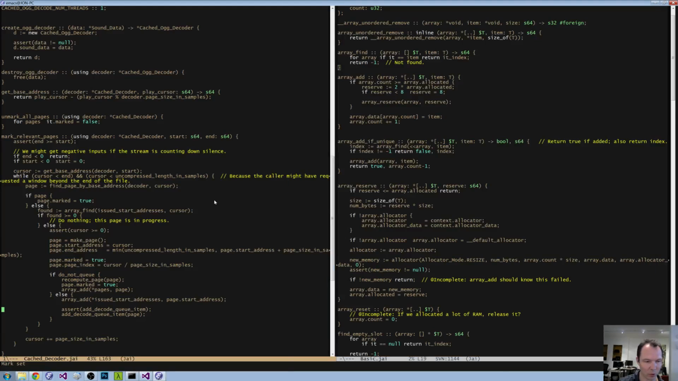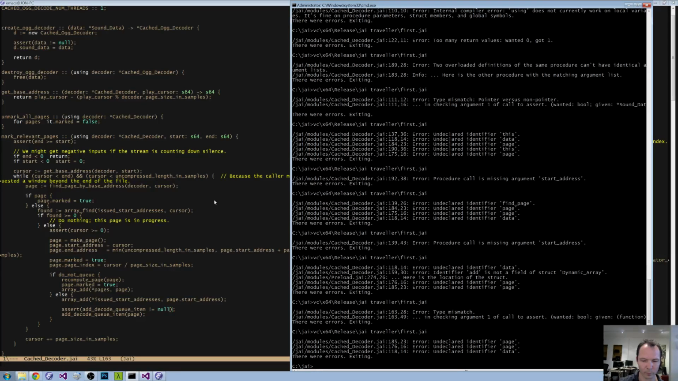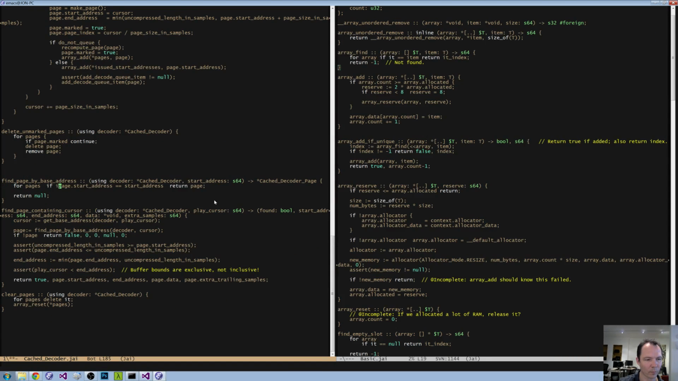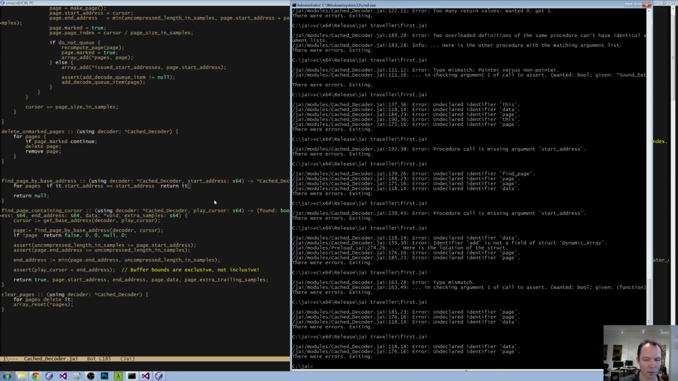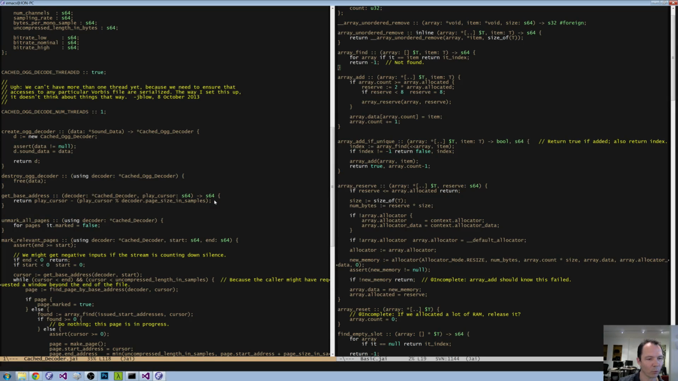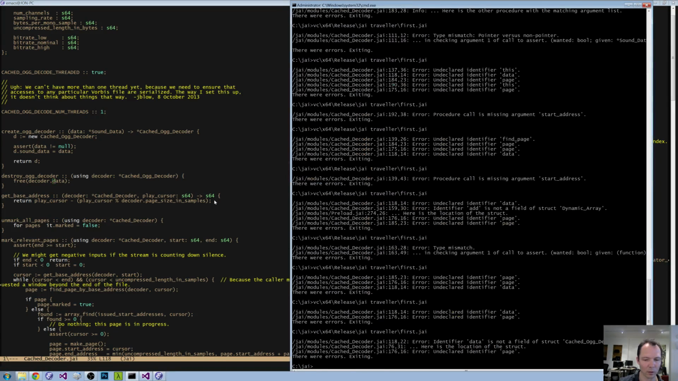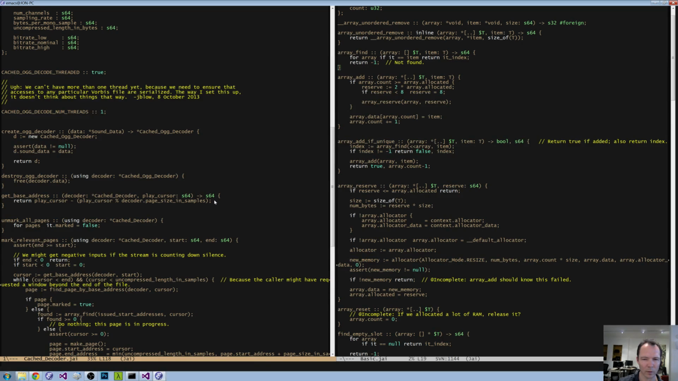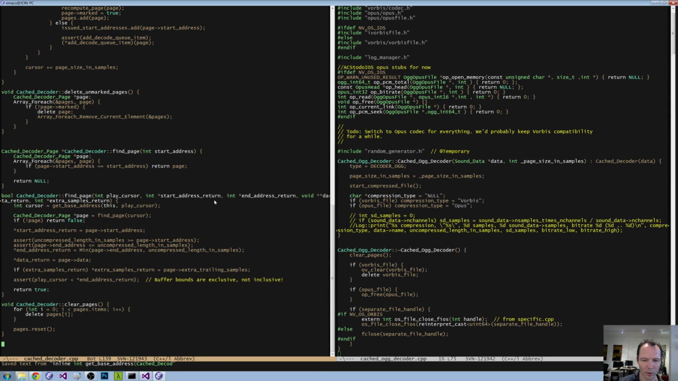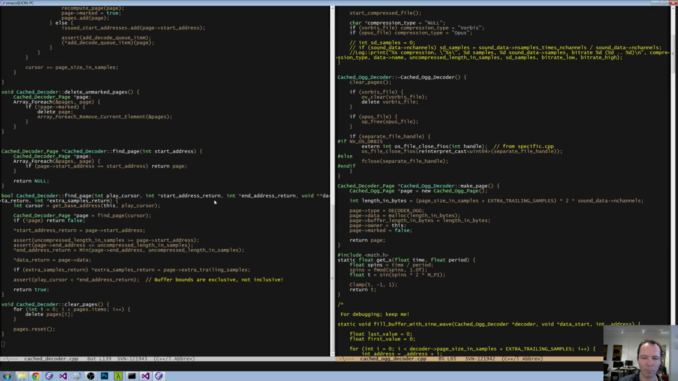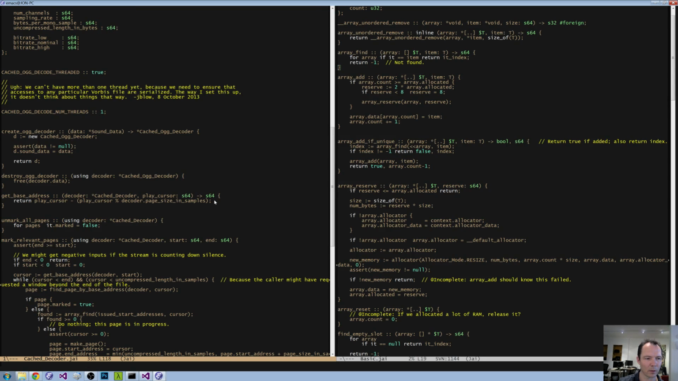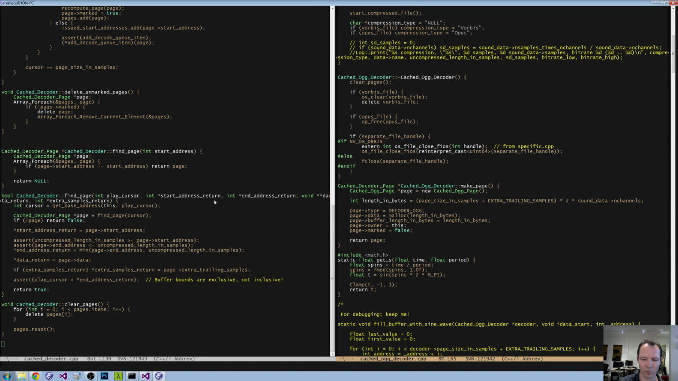Type mismatch. Again, we don't implicitly coerce to bool. This is called it. Free decoder.data. Oh no, it is not a. What did I do in the other one in the destructor? Oh, that was the pages destructor, not the. Wait, what? Oh, this is